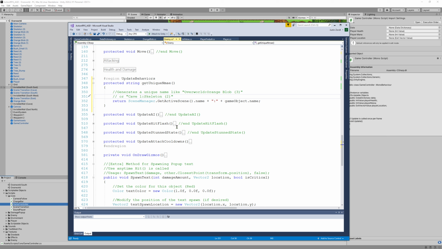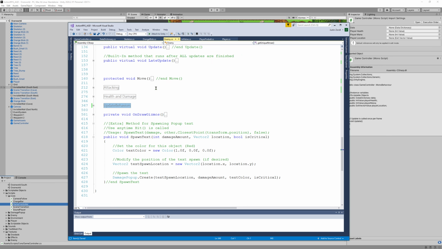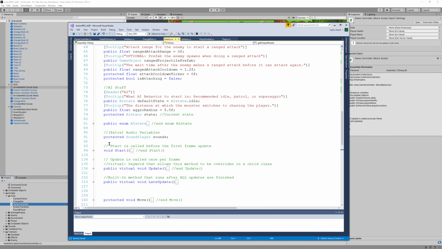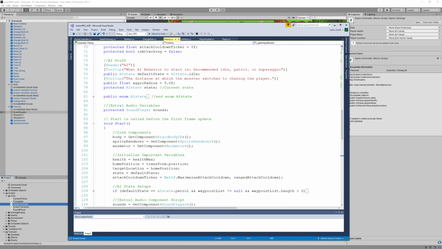And so you can see that just from how this is going to behave, we're going to have a bunch of unique names, and this is going to be perfect for use with that dictionary. So that's our get unique name method. And I'm going to minimize that. And now that we've hopefully got that, and inside of update, I'm sorry, not update, start,